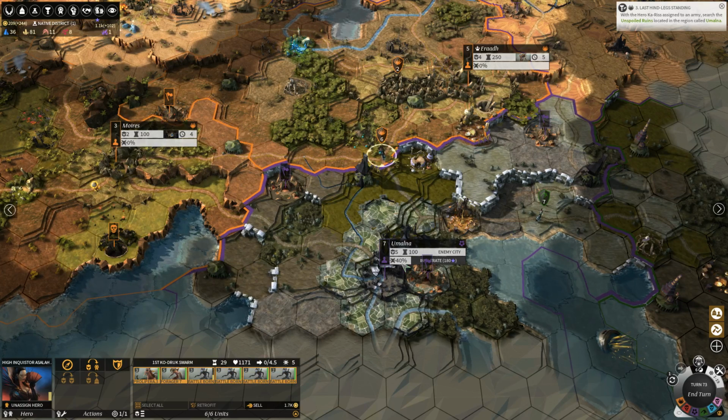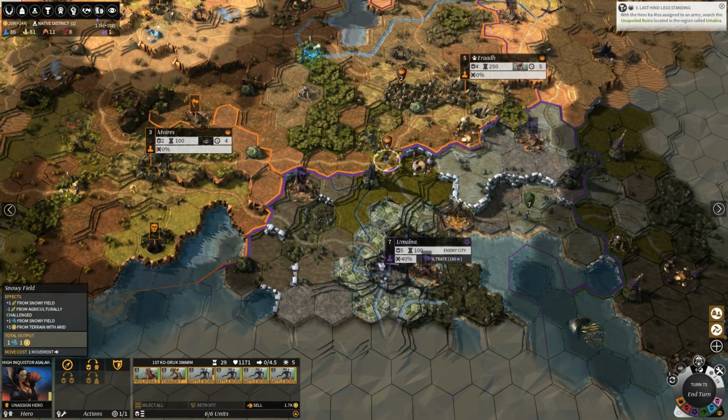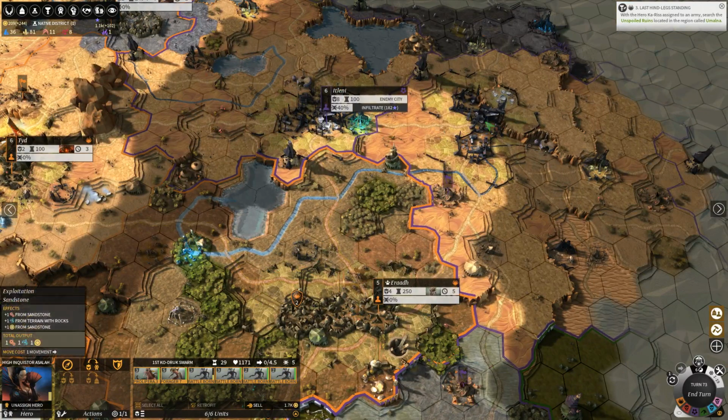I think it's okay to let green take Umalna. I'm pretty sure that's fine. What I'm thinking here is that if green takes Umalna, that just removes this front from the war. It allows us to focus our efforts on these 2 cities that are close to each other, which is great